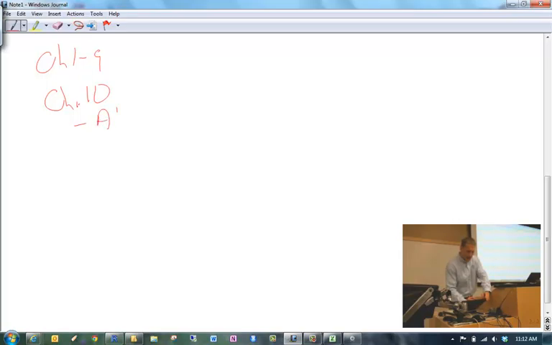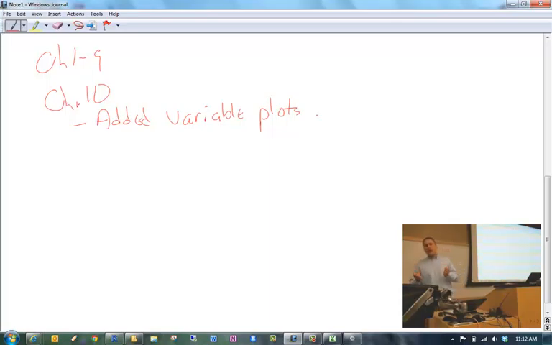the first thing that we started off talking about was added variable plots. The purpose of these added variable plots is so that you can get a better idea of what the correct form of X should be in the model given other variables are already in the model. And so the way that you do that is to do a little scatter plot, and let's consider a case with two predictor variables.